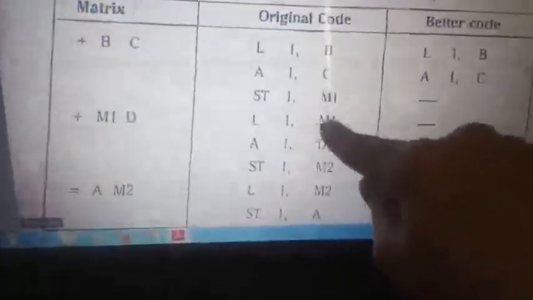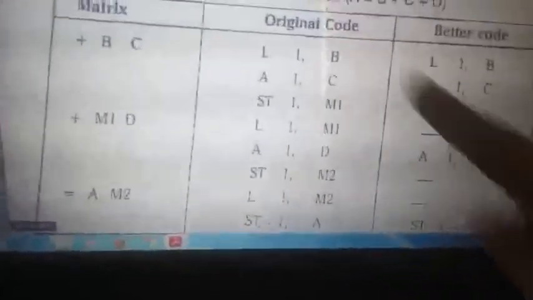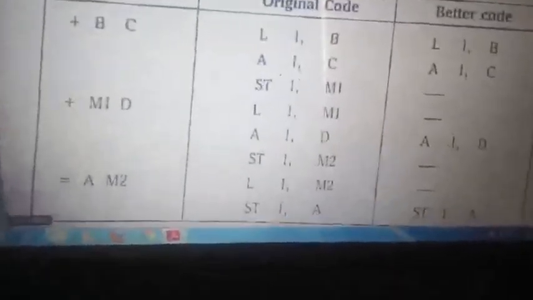For example, in this code you have a matrix line number M1, and the previous line number of this is M1. If that is so, then we don't need to write these two statements because you are using the same variable. If you have a different matrix line number, say M3, then you need them because you are loading a new variable. If you are using the same one as in the previous line, there is no need to write these two statements, because storing back and loading again is a waste of time. That is what the program is telling.